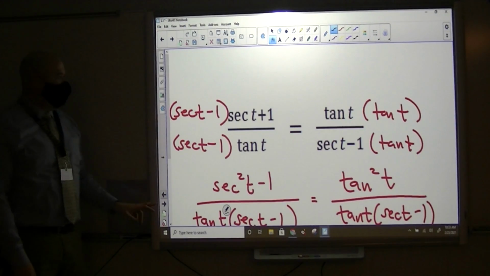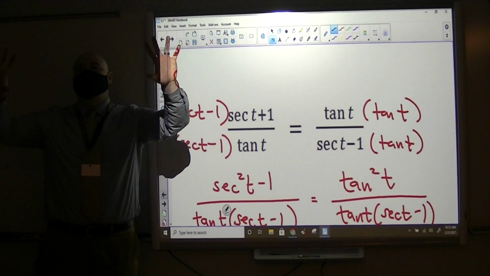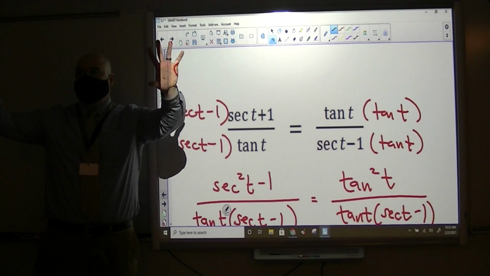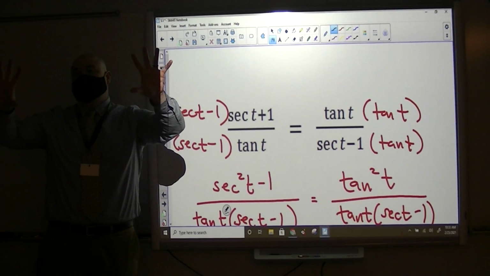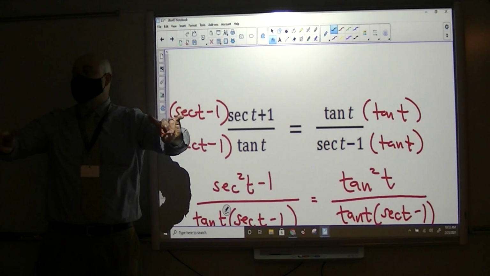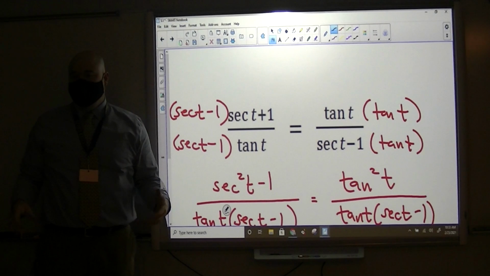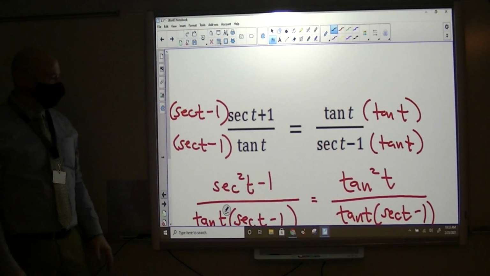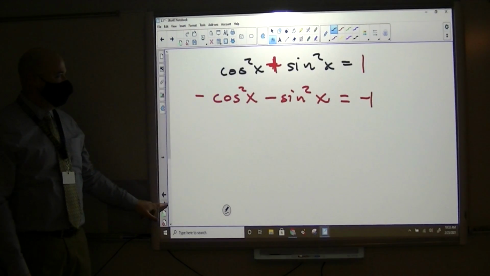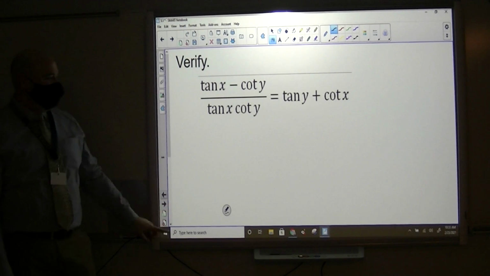We said with this problem, how do I show that these two fractions are the same? Well, you can show that two fractions are the same if they have the same denominator and numerator. So let's make the denominators the same, and let's start with that. Those are the big pictures that we're talking about when we're doing verifications. Okay? Big picture here